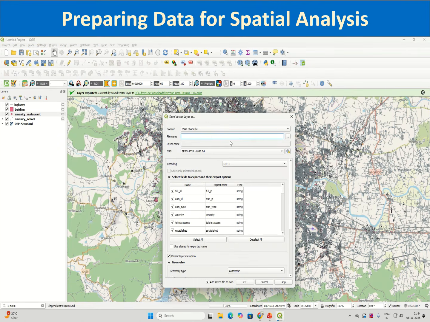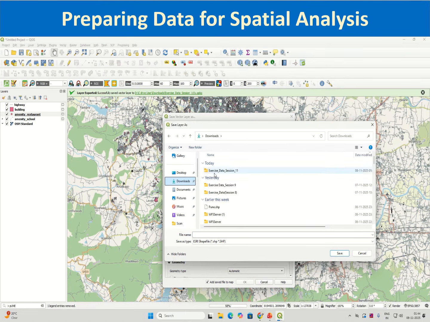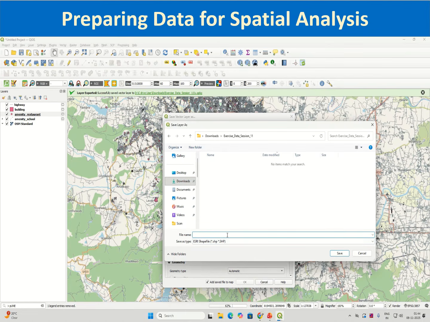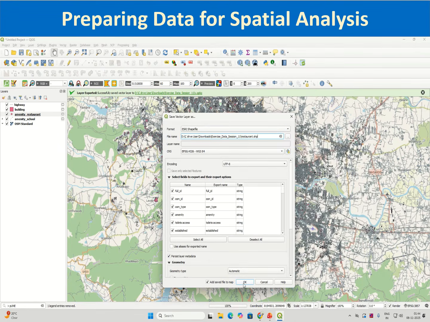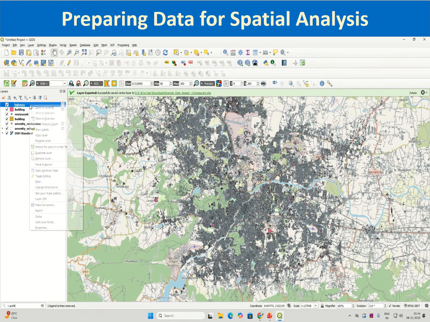save the remaining layers quickly. I will go to the same folder and save them as restaurant shapefile. Only in case of building I have made that change, selected features. Then highway,